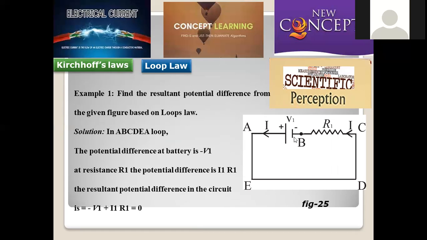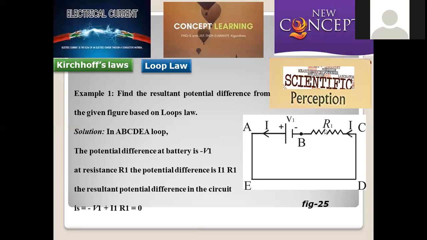So here, this is a circuit, and the loop law is going to be applied here. A, B, C, D, E is a loop, A, B, C, D, E to A. That gives a complete circuit, and a loop is formed. So this is called a loop. The potential difference of the battery is taken as minus V1, and the resistance is taken as R1. This is the sign convention given for the battery, where the positive and negative terminals are present. The source of power, which is the battery, has potential V1.